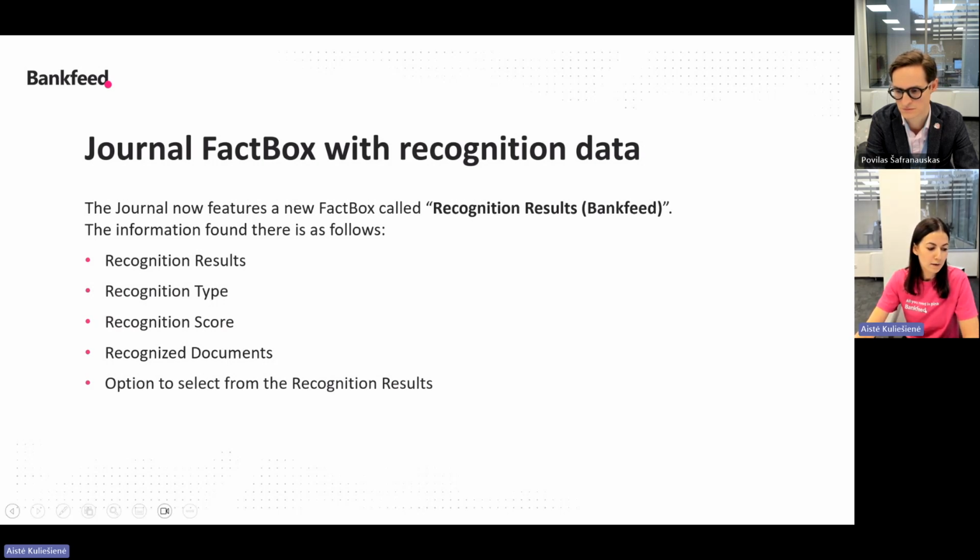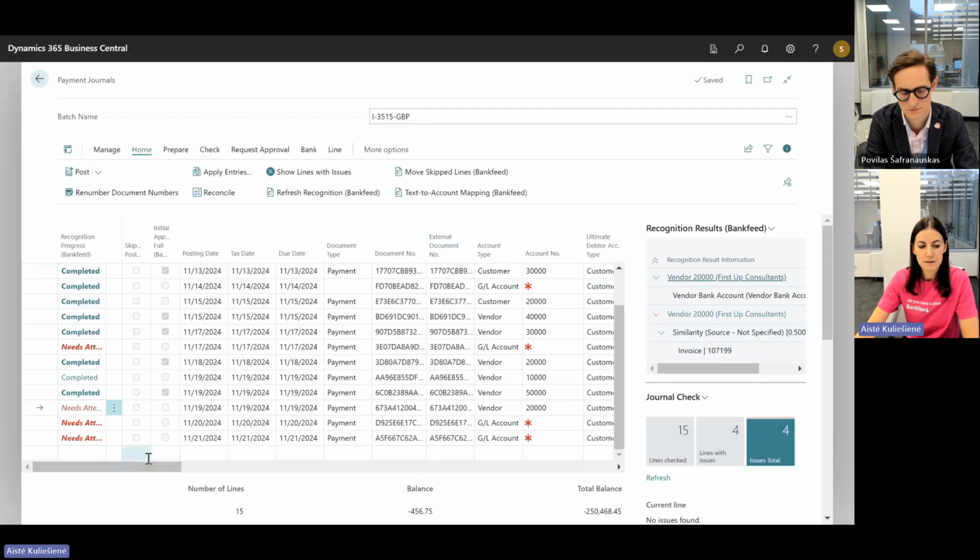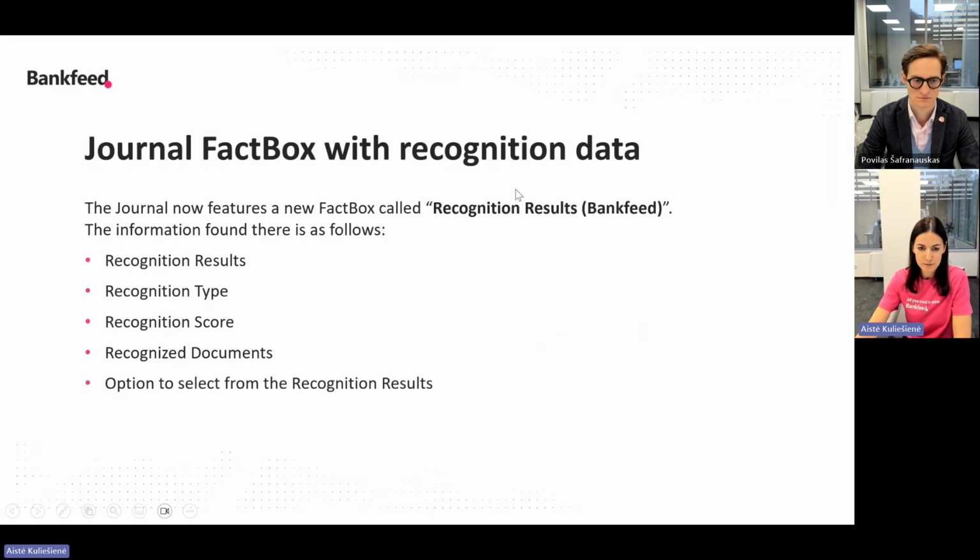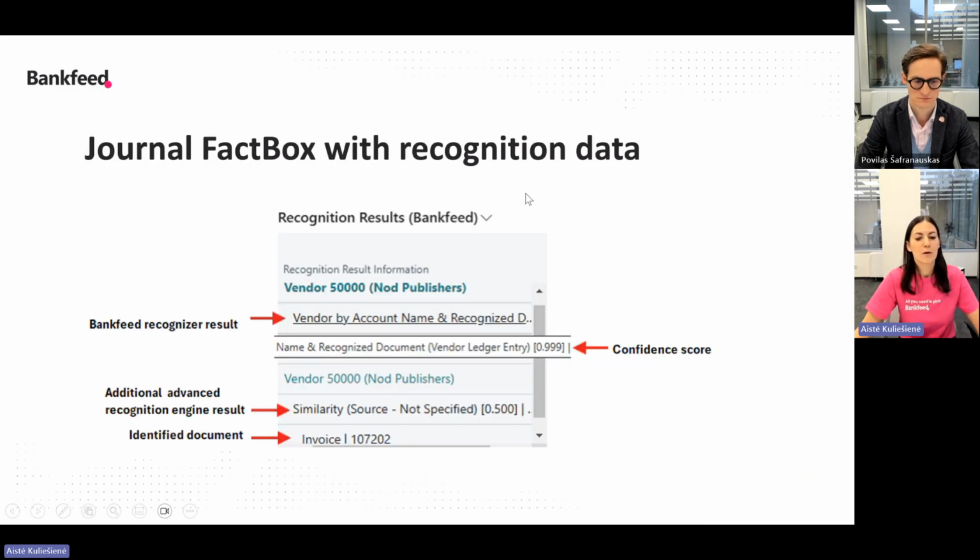So let's go back to Business Central, and in this right corner, we have our new fact box. This one shows us a lot of information. On the top of this fact box, we will see the recognition result which was applied.